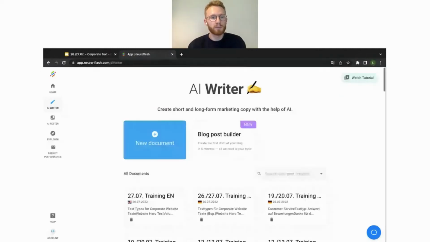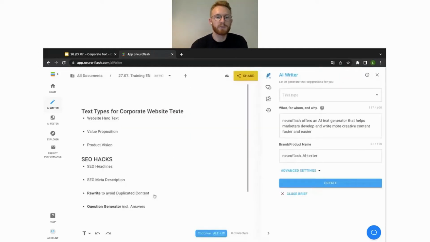What you will find when you open up the AI Writer, which is the product that we're going to talk about today, because we want to generate and write text, is that you could also always open up a new document. This is what you would usually do when you want to start a new project. You could also, and I highly recommend you to try this out, use our new feature called the blog post builder, with which you can create a blog post within 5 minutes max in 2 or 3 steps. It's super easy, and you get a full first draft of a blog post within 5 minutes, which is just great. And for this training today, I already did some pre-work, and I already created a document with some notes